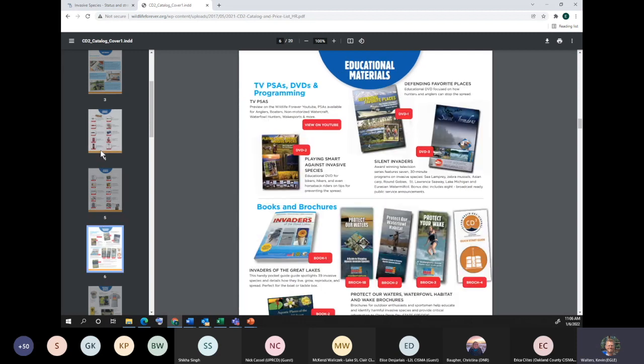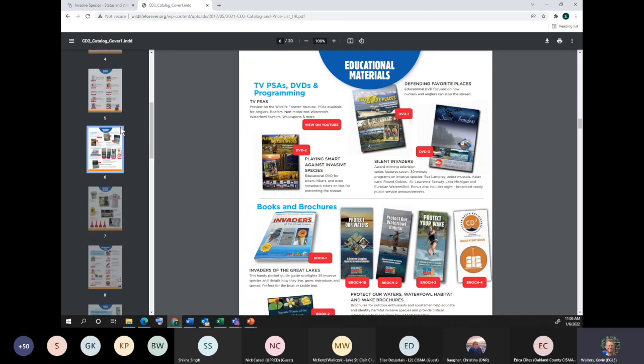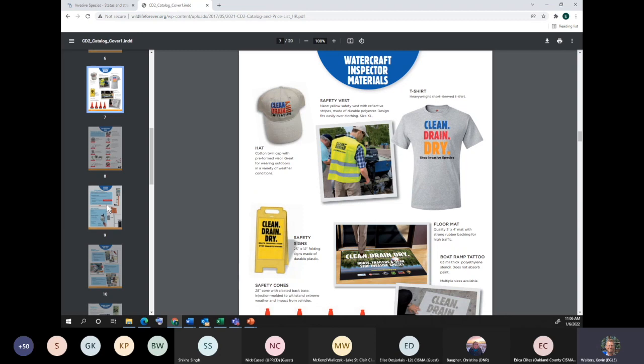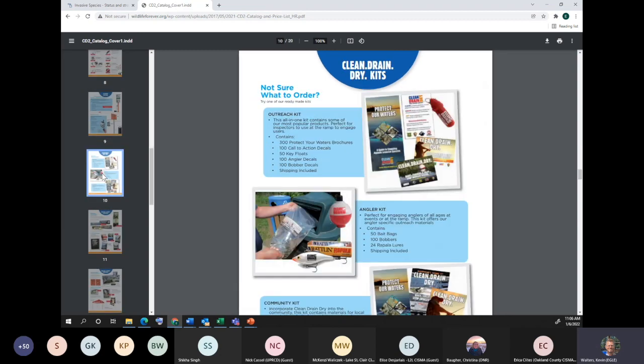They're also really easy to work with in terms of adding your logo or your funding source logo, or changing content around, or whatever you want to do. They'll do custom things as well,